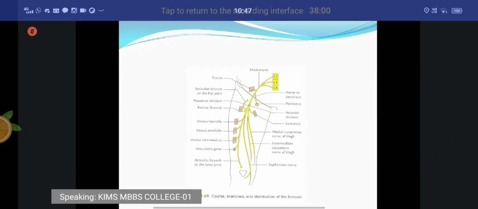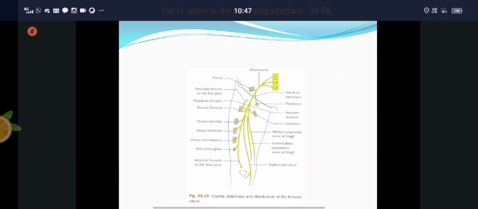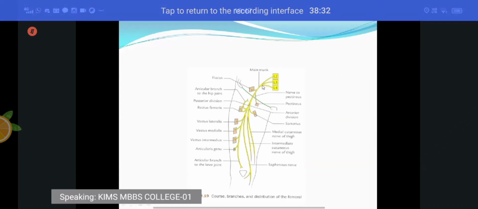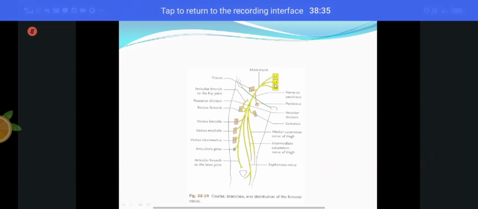So femoral nerve, whenever you are talking about a nerve, you should know the root value of this nerve, the course of this nerve, the branches of this nerve, and the clinical anatomy, right? So see here, the femoral nerve arises from where? From L2, L3 and L4, from ventral rami. And what is the division? Dorsal division. Remember the division, dorsal division of L2, L3 and L4. And I told you which is the nerve of the anterior compartment, or the extensor compartment, of the thigh. That is the femoral nerve.